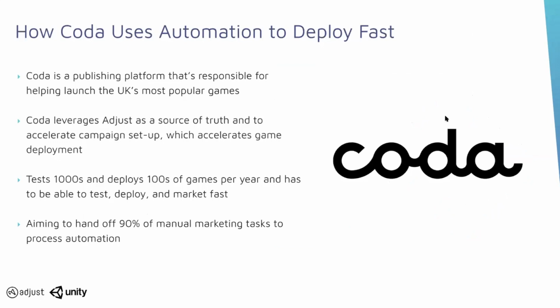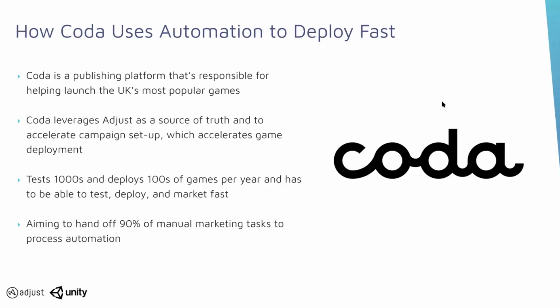One of the clients that we can look into is called Coda. That's a hyper casual platform in the United Kingdom, and their setup is based on the ability to optimize on a granular level. That starts with their ability to get data on the granular level, so they can also make and introduce changes on that granular level in a timely fashion, so they can automate a lot of their day-to-day operations and be effective.